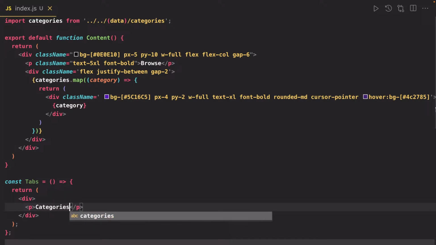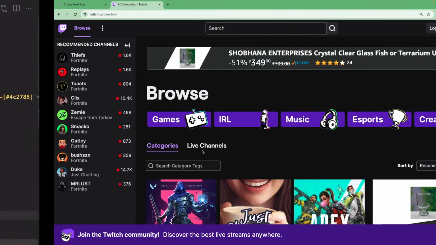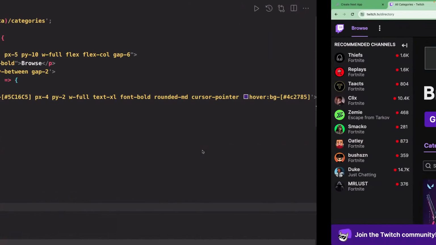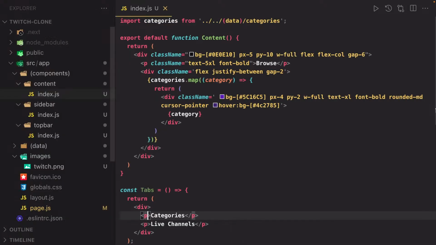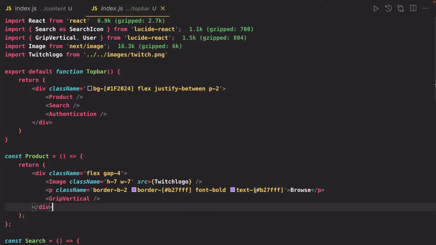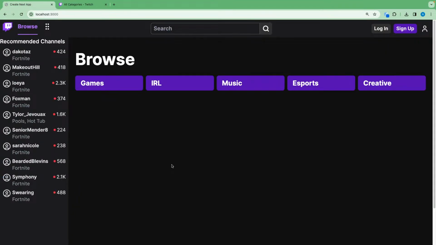First is categories, then we have live channels, and categories of course should be so I can use the same class name that we have used for the browse, this browse, and now